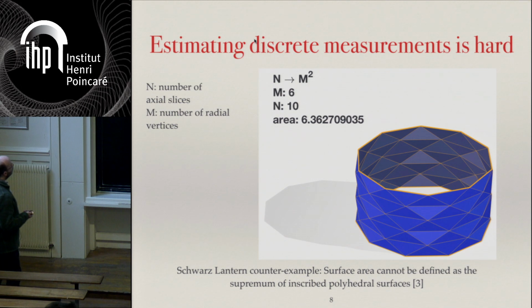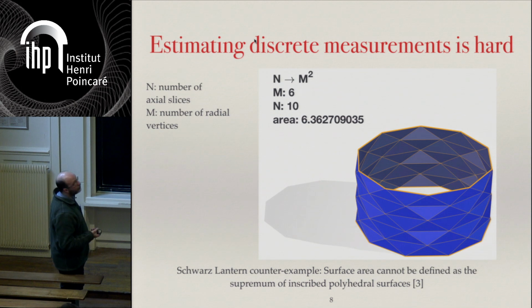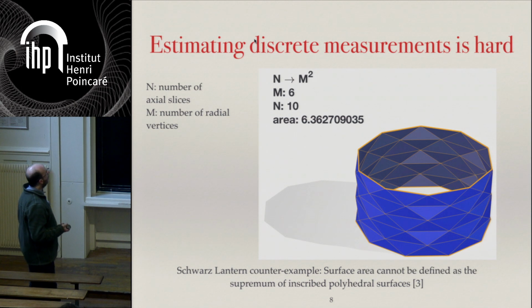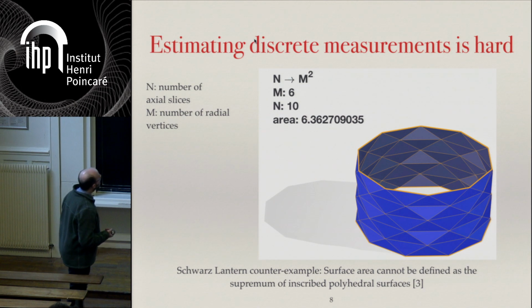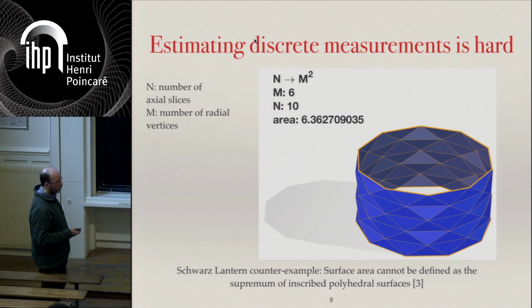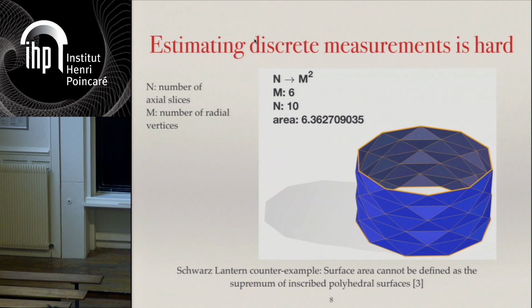But one thing I want to emphasize is that measuring things in the discrete world is difficult. Here's a well-known counterexample involving discrete measurement. It's called the Schwarz lantern. It's basically the situation here is only to measure the perimeter of a cylinder like this. And if we do our job relatively well, we can get a good estimate. But if we do it poorly,